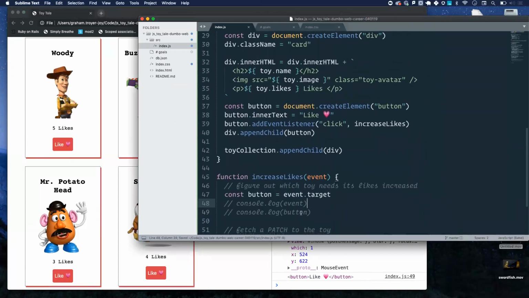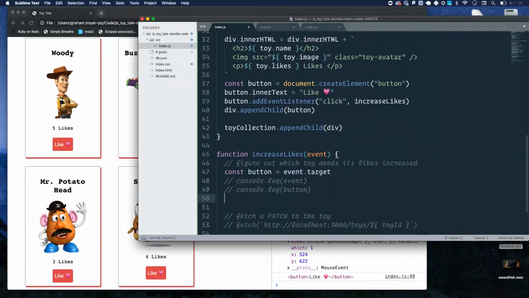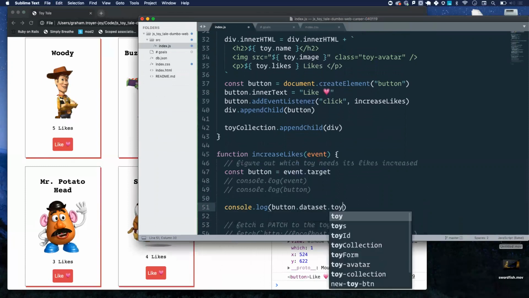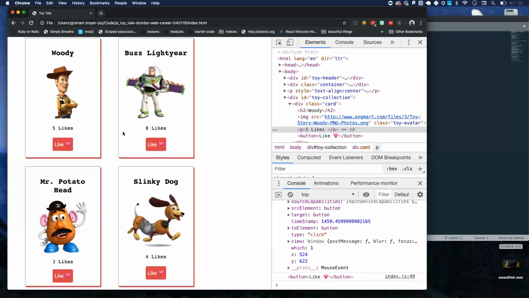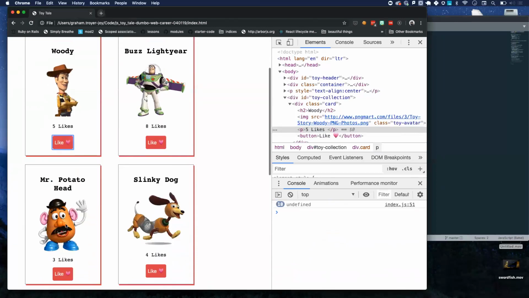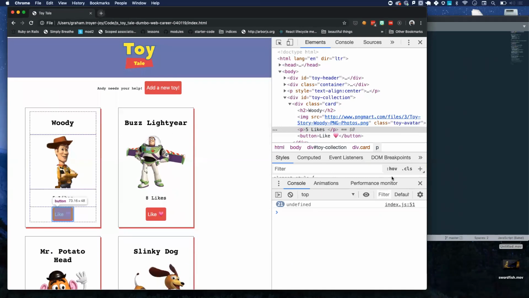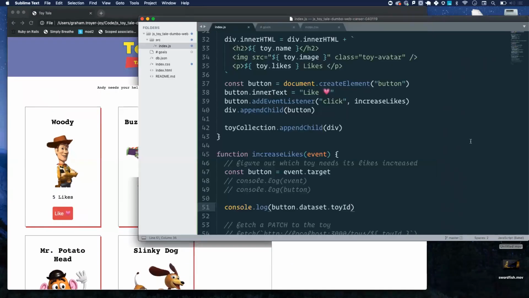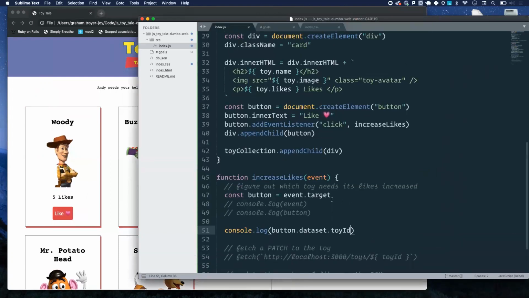Cool. So I'm going to say console log button.dataset.toyID. Currently, this will be undefined every time, no matter what button I click on. Yikes. Why? Help, Adam. In your slap on DOM function, you need to